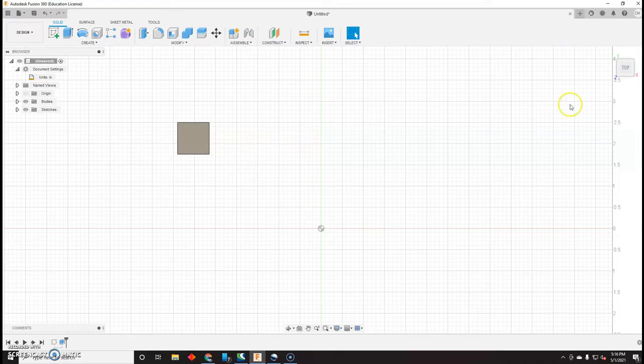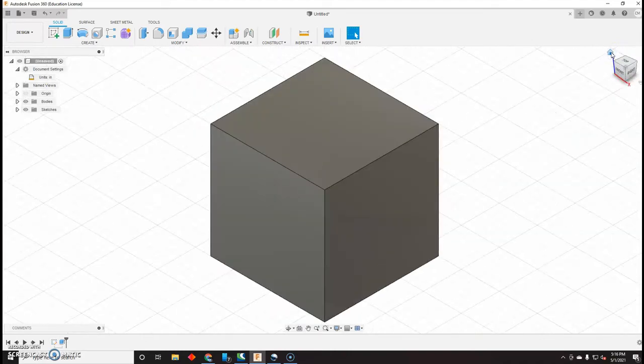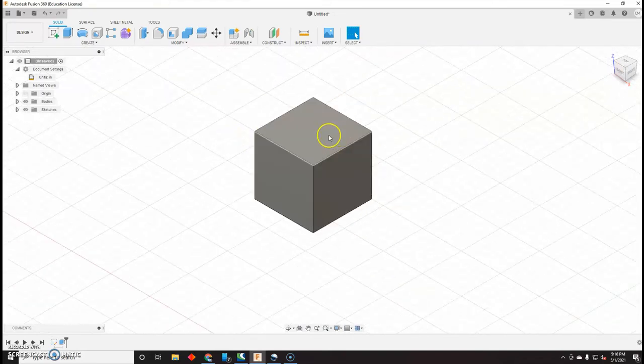view. If we come over here to our rotation cube, if you hover over the rotation cube, a little house will pop up in the upper left. So click that house. And it zooms into our original starting point. And you'll notice now it puts you in isometric view, which means I can see all three dimensions at the